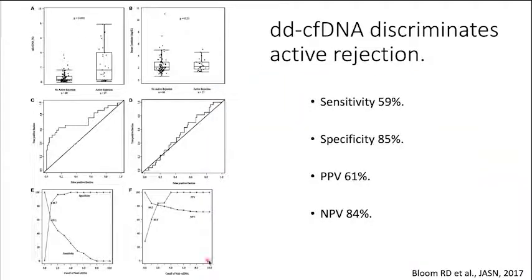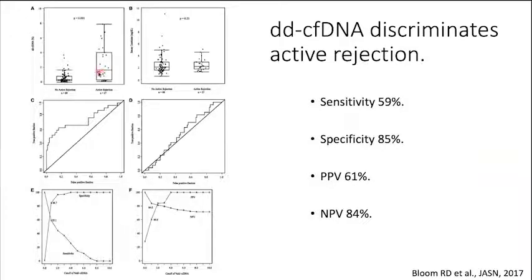This is a figure from the same study comparing cell-free DNA to serum creatinine levels in 27 patients with and 80 patients without active rejection. So in the first figure here, the horizontal line in the box and whisker plots represents the median, and the bottom and the top of the box represent the 25th and the 75th percentile respectively, and the dots are the individual results. The median cell-free DNA in active rejection was statistically higher at